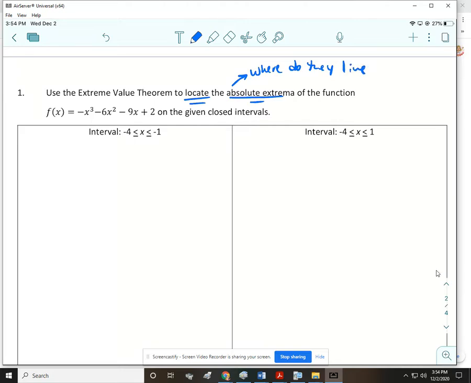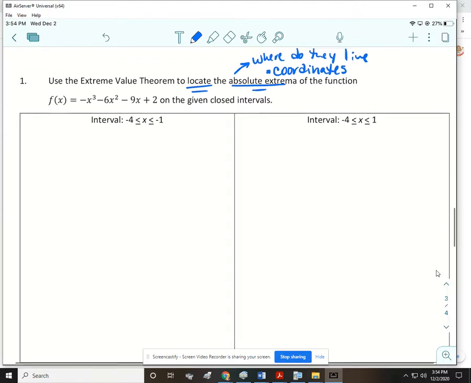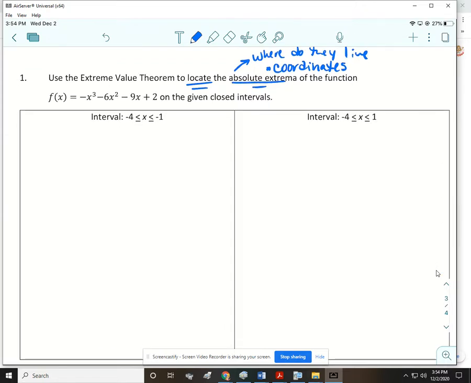And when they ask where they live, we're looking for the coordinates, or the ordered pairs, or the points. All right, so we're looking for those. And our function is f of x equals negative x cubed minus 6x squared minus 9x plus 2. And our interval is a closed interval from -4